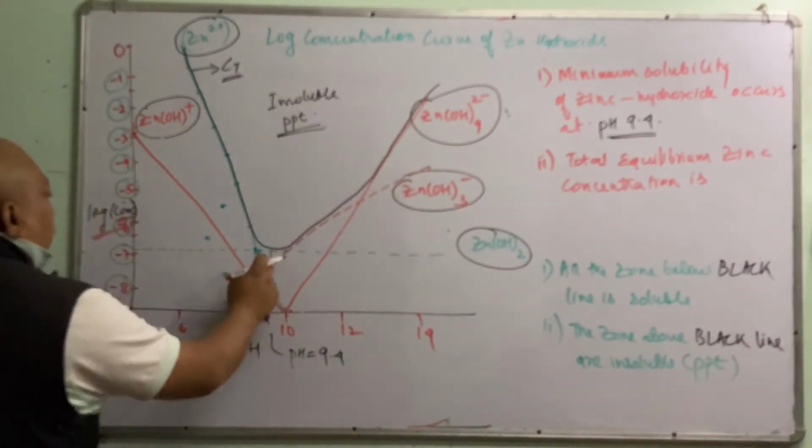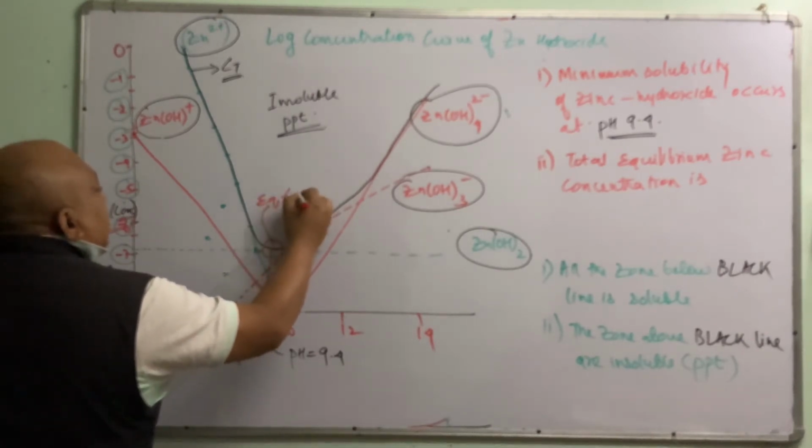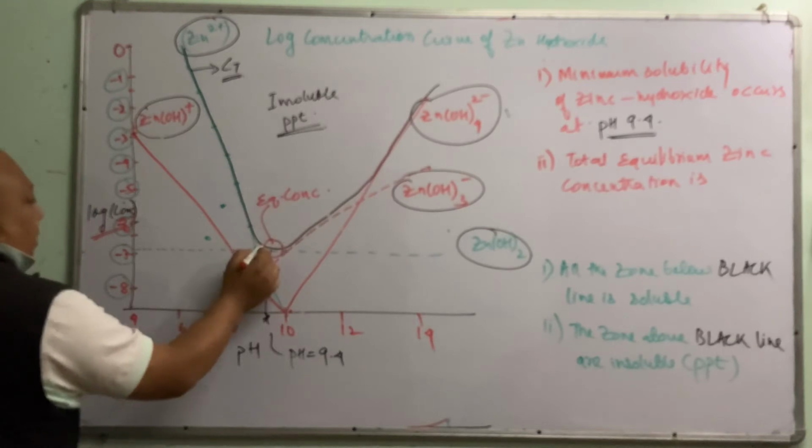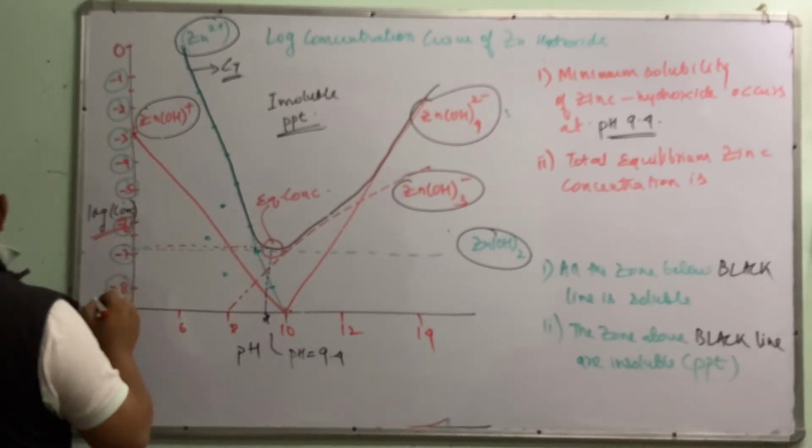At pH 9.4, this is the equilibrium concentration. And what is this value? You bring it out here. From the graph, the value happens to be